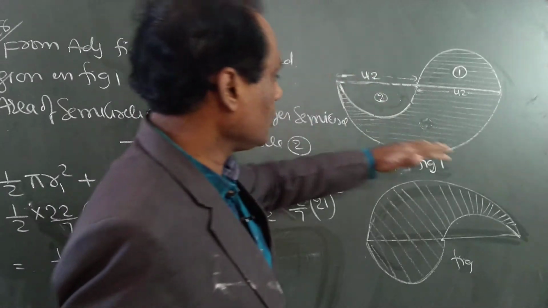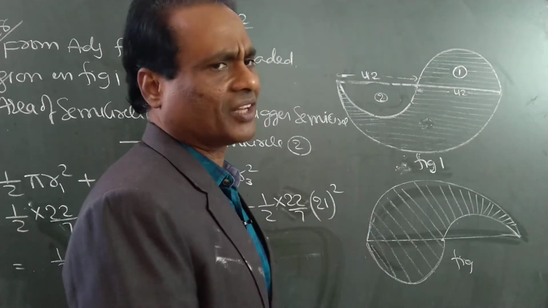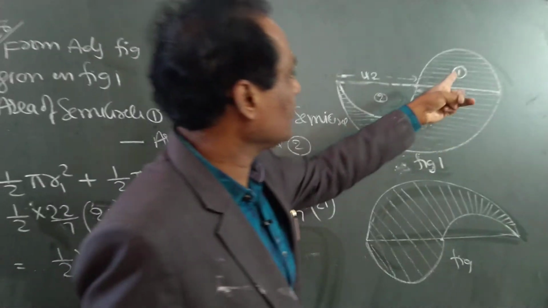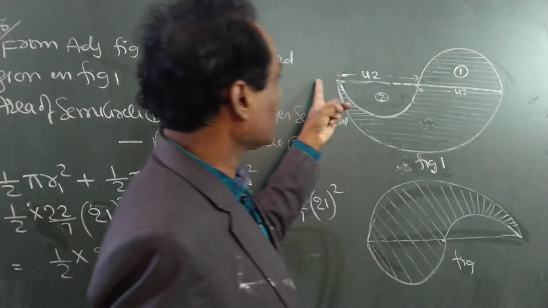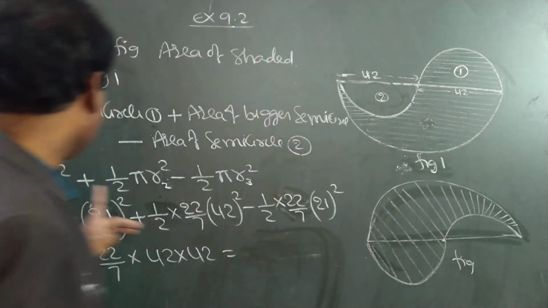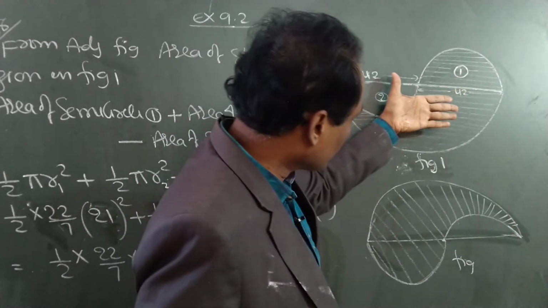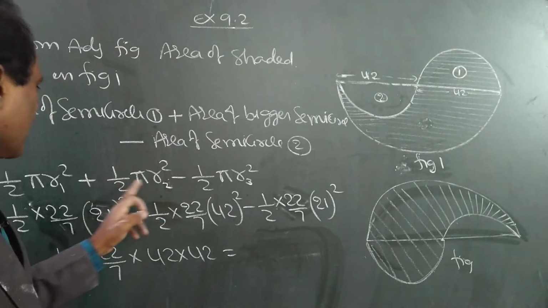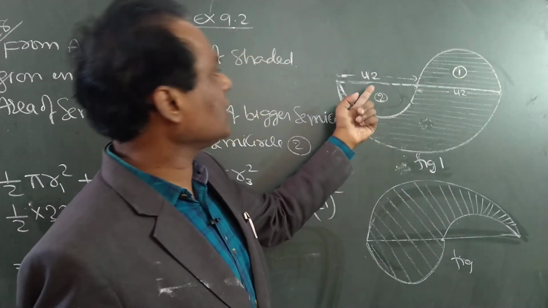Simple. How we started? Don't look at the second diagram. I will explain about the second diagram. Whatever we get, if you multiply with 2, that is enough. So only the first diagram. I am taking it as 3 parts. This is one semicircle. This is another semicircle. This total is a big semicircle. So what is the area of any semicircle? Half pi r square. This is also half pi r square. This is also half pi r square. But instead of writing r, I use this radius as r1. This is r2. This is r3.